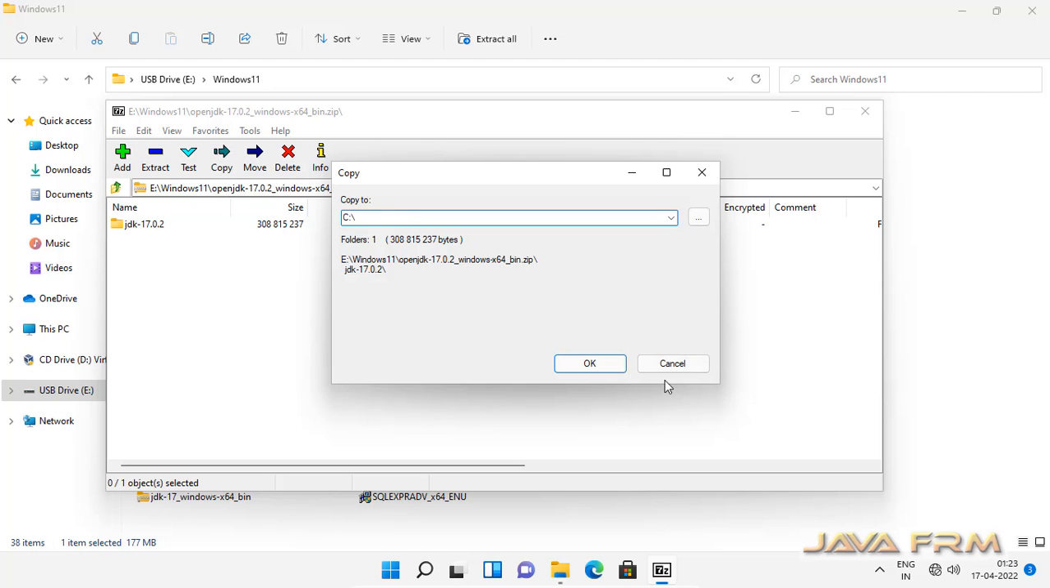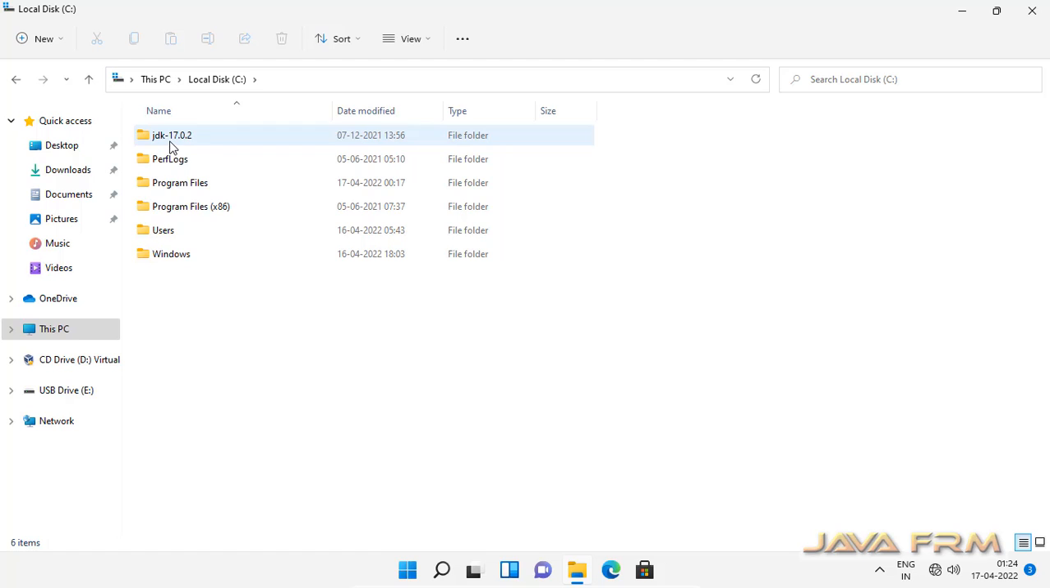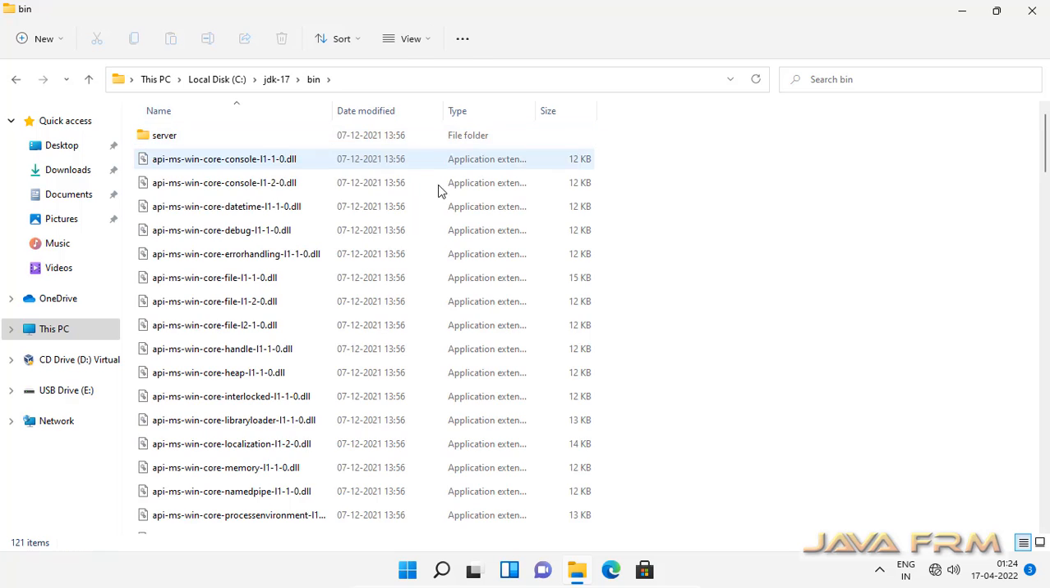So this is the location where I am going to extract OpenJDK 17. So OpenJDK 17 extracted successfully. I am renaming the directory accordingly to my convenience. So this is the directory structure of OpenJDK 17,